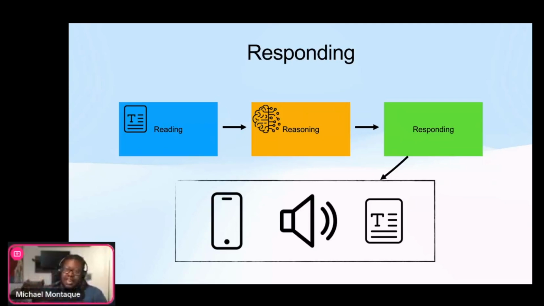This section handles that. And because the LLM, or from the reasoning phase, it's outputting all of the information that you need, the responding phase is just specific to say, hey, okay, I see that it came from here. This is how I need to respond. The next demo is going to show you how all of this comes together. I'm going to take all of these concepts of reading, the reasoning, the responding, put it together and show you how I was able to solve a real world problem that my wife was having at home.